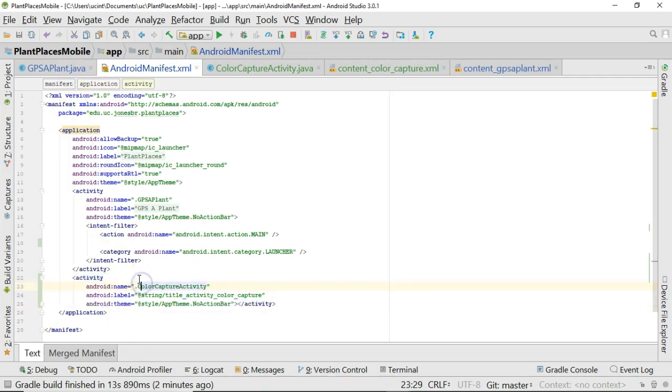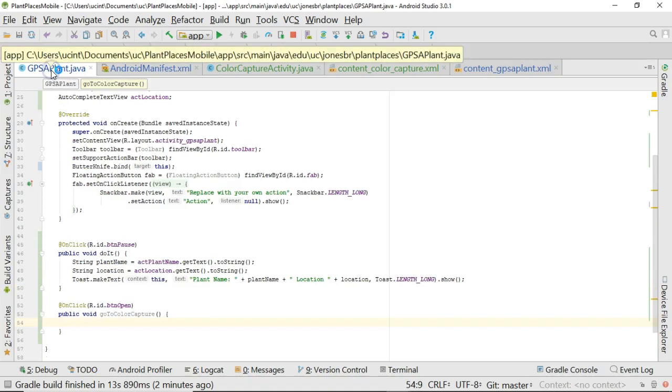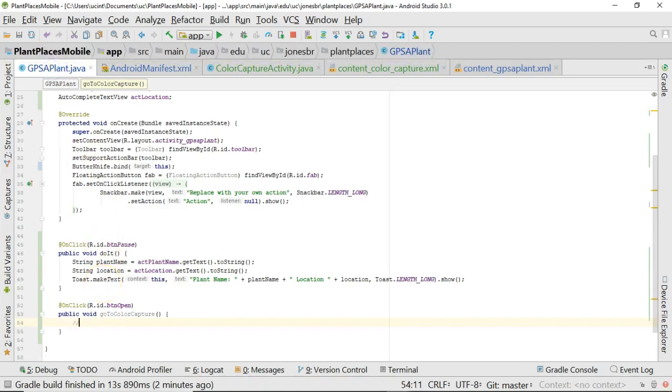What's important here is this Android name. That tells us the name of the activity, and the dot that precedes it just says, hey, this is a class within a package. So I go back to GPS of Plant, and now I need to set up an explicit intent